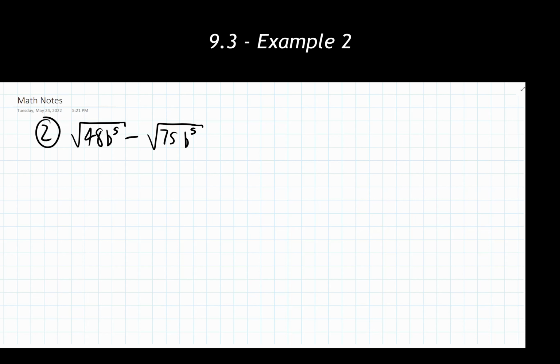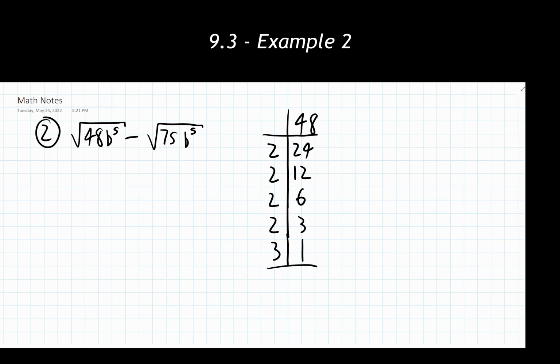Starting off with the first one, let's find the prime factorization of 48. I think that tends to help as we're going through and trying to cancel these things out. Like we've done in the previous videos, let's find the prime factorization using this prime factor table. I'm seeing how many times 2 goes into 48, so 2 goes in 24 times, 12, and get to here, and now 2 doesn't go into 3 anymore. The next prime number is 3. 3 goes into 3 once, and here I now have the prime factorization of 48: 2 times 2 times 2 times 2 times 3.